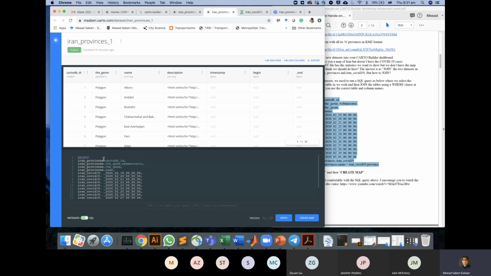Again, make sure the name of the table here matches the data that you have imported into your CARTO dashboard. So my table name is Iran_provinces_1. Yours might be different, so make sure you edit this accordingly. So I'm going to take these 4 columns from this data. I'm going to take the CartoDB ID. I'm going to take the geometry